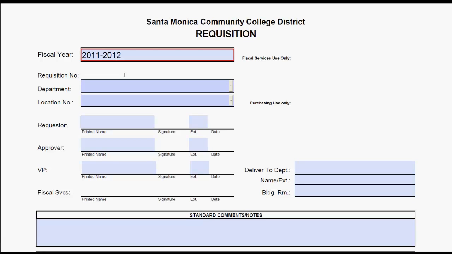This number is for your use mostly. It's so that you can keep track of your purchases. So here I'll just write a number,